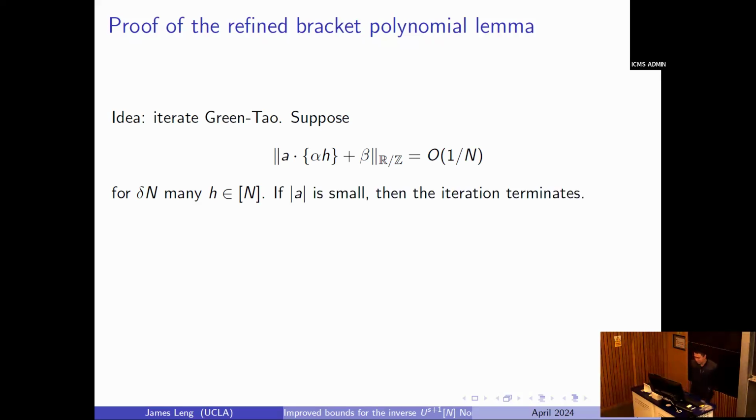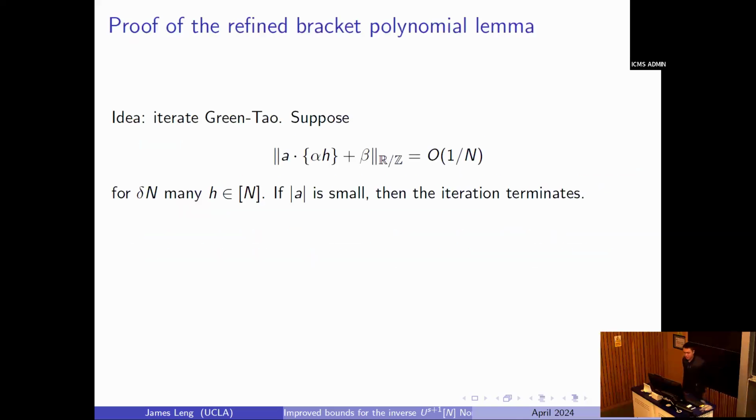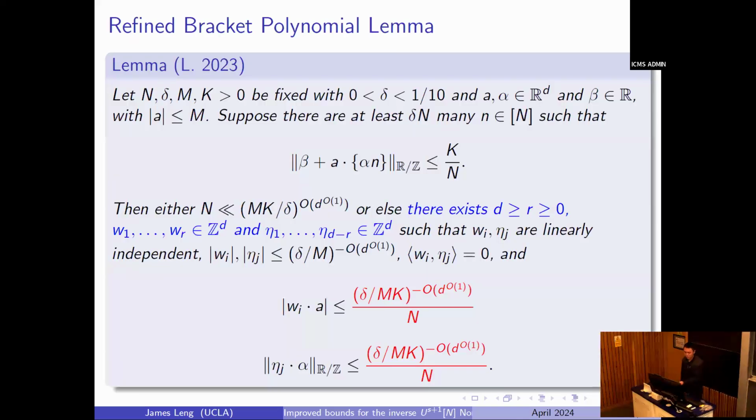Then if a is small, the iteration terminates. The reason it terminates is that a being small is included in this case, right? A being small would give d equal to r equal to d, and then each of these wi's would be